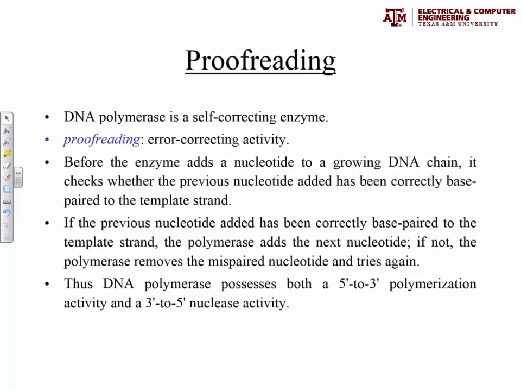Yeah, instead of A with T, it could be A with C or A with G, whatever. That would be mispaired. And it can happen. Believe it or not, anytime you step out in the sun, some of your cells have been messed up, all right? But we have repair mechanisms, so that's why we are lucky. There are some people who don't. It's very rare, but you can have diseases where